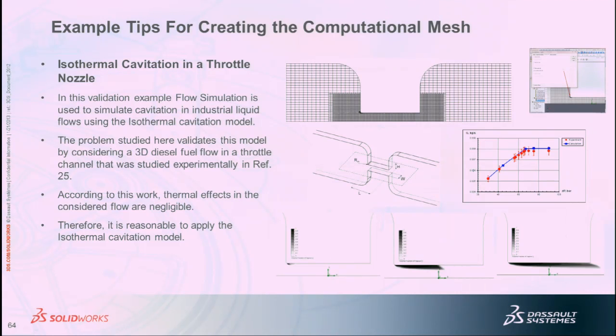Okay. And here is another one. This is isothermal cavitation in a throttle nozzle. So we're actually injecting, this might have been diesel fuel. I can't remember, I think they may even say, do they say in this? No, I think it's diesel fuel. Yeah, 3D diesel fuel into a very narrow channel. And you can see in this particular case, we actually had to add a local initial mesh in that narrow channel, especially near the inlet and at the outlet. So where you have